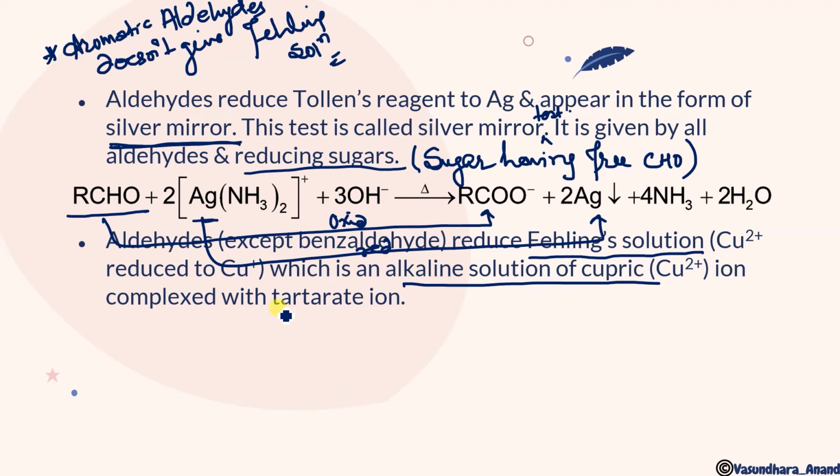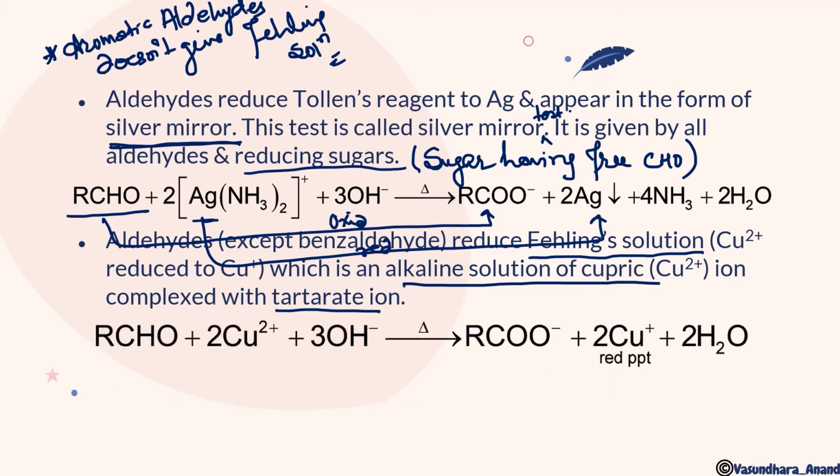That is tartrate ion. This Rochelle salt is also known as tartaric acid, it is actually formed from tartaric acid. So when we mix this Fehling A and Fehling B, we get the Fehling solution, and that is used to identify or confirm the aromatic aldehyde and aliphatic aldehyde. Clear? So RCHO, here you have to learn that R should not be a benzene ring. It cannot be a benzene ring.